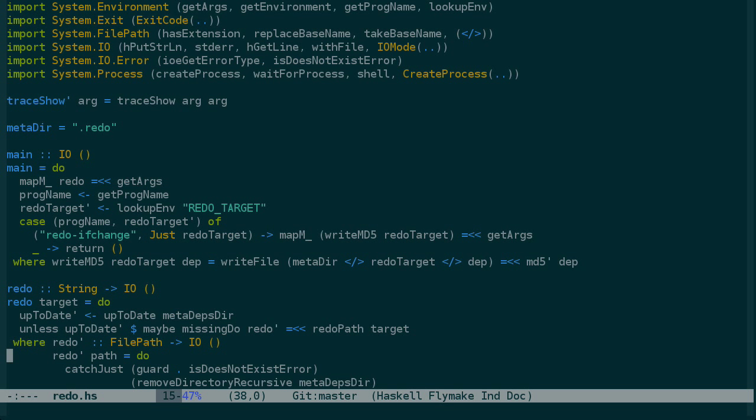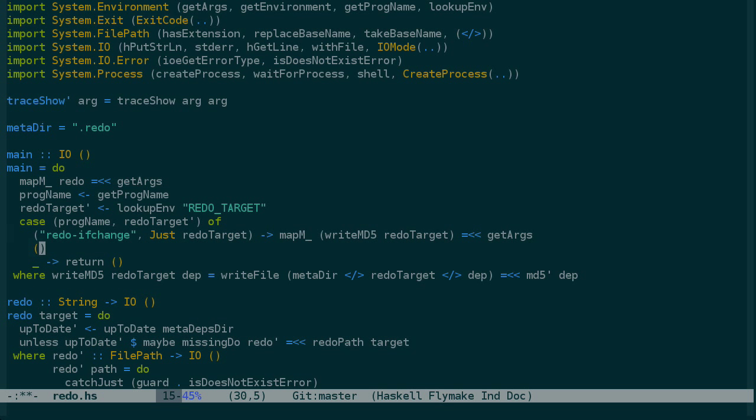And then also we should handle the case where we're being called as redo-ifchange, but we don't have a redo target environment variable. So we'll just throw an error here, missing redo target environment variable. So now we've fixed up some warnings and style warnings about the code from HLint, and since Flymake is running,